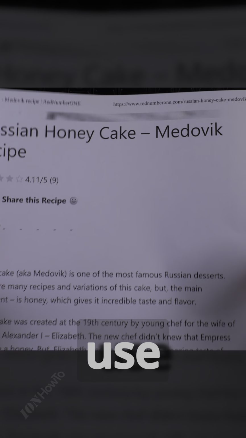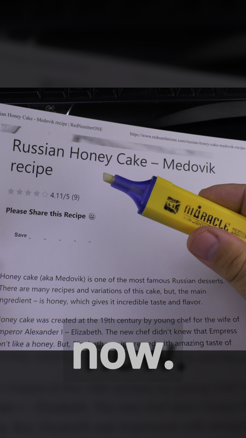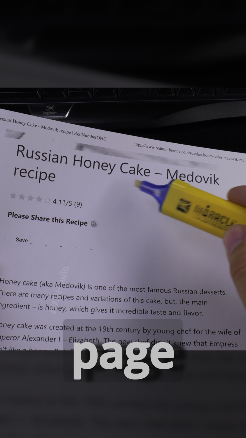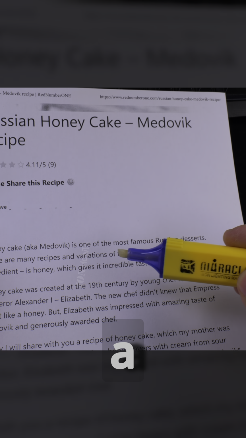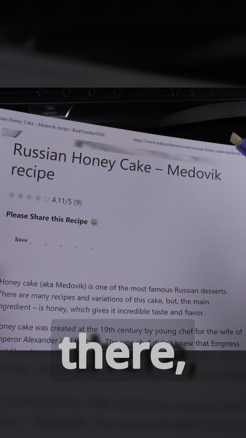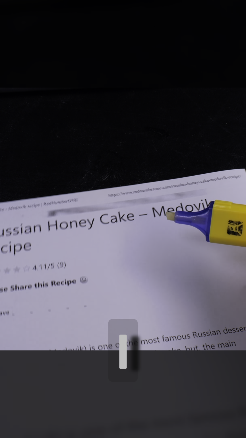Okay, so I will use the highlighter. This is the invisible highlighter now, and I will use it to highlight letters on the page to build a message. So I will say something like, hello there, how are you? Let's try. Okay, so how I do it,